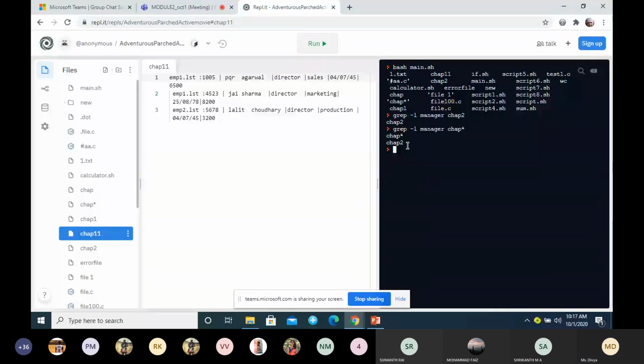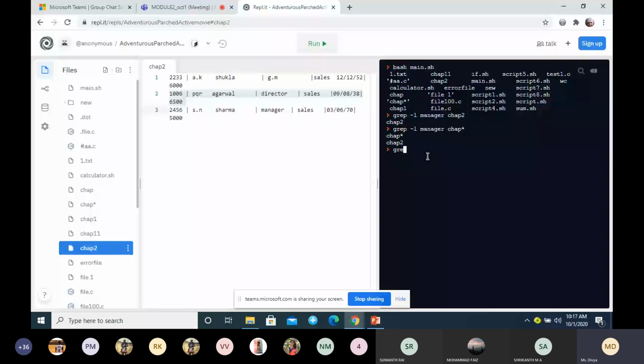Okay, so the next, 6th option is minus E. Minus E is meant for matching multiple patterns. See here, grep minus E on this file.